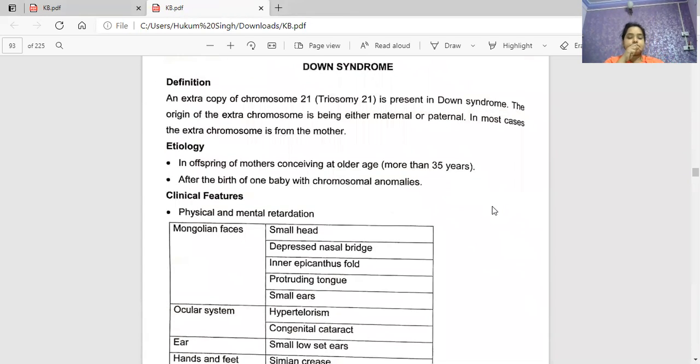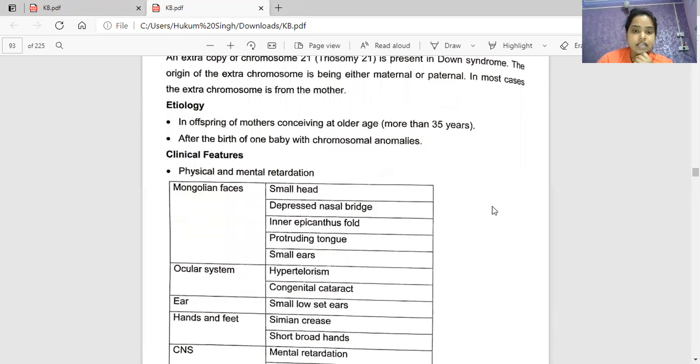Now, clinical features are physical and mental retardation. First is Mongolian face. Mongolian face includes a small head, depressed nasal bridge, inner epicanthic fold, protruding tongue, small ears, etc. These are all symptoms of the Mongolian face. And the ocular system shows